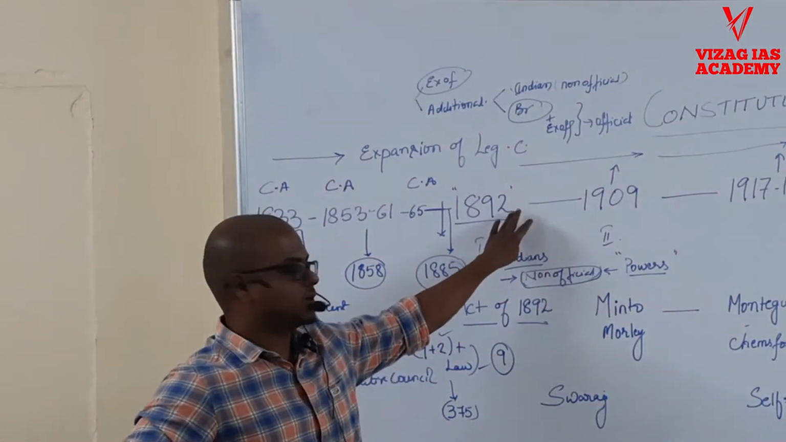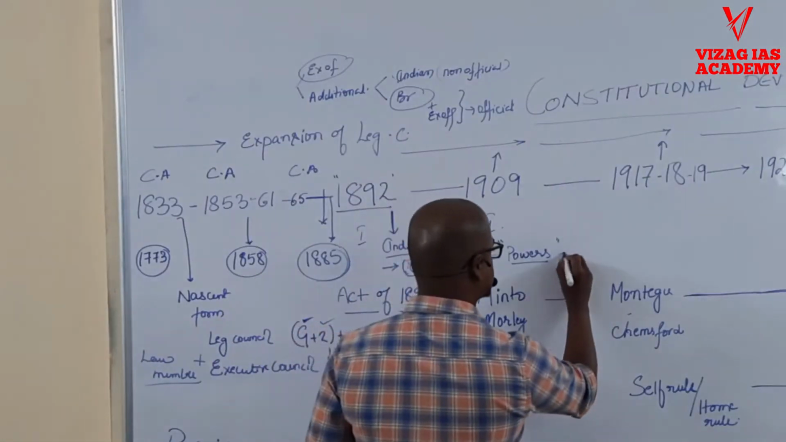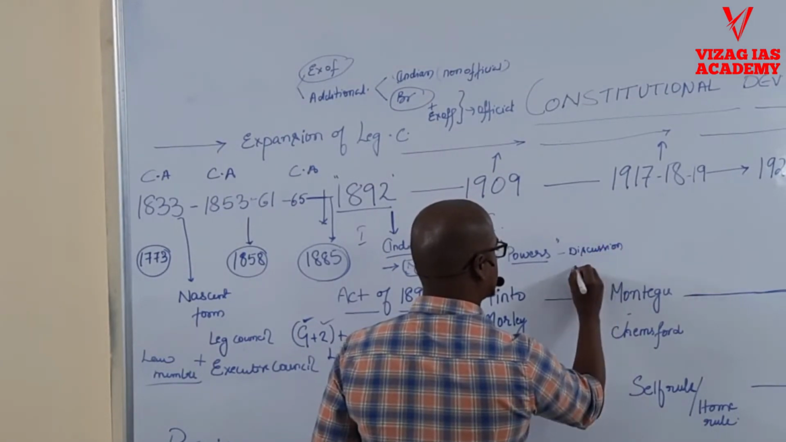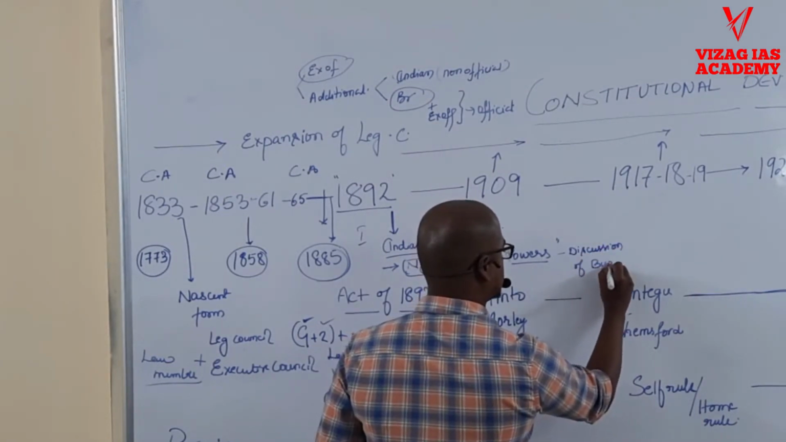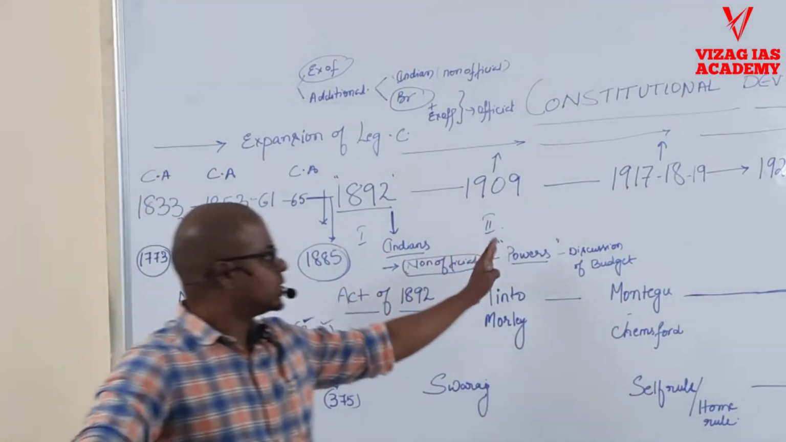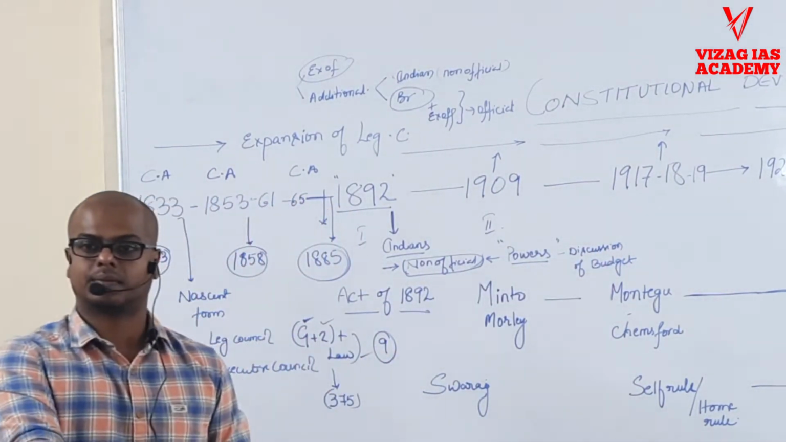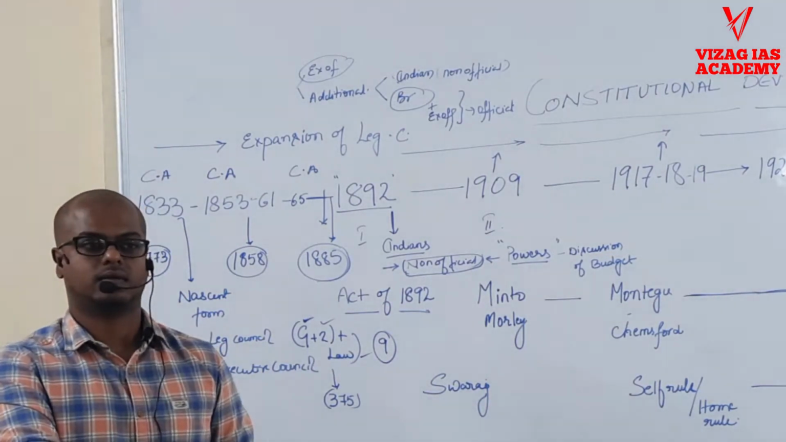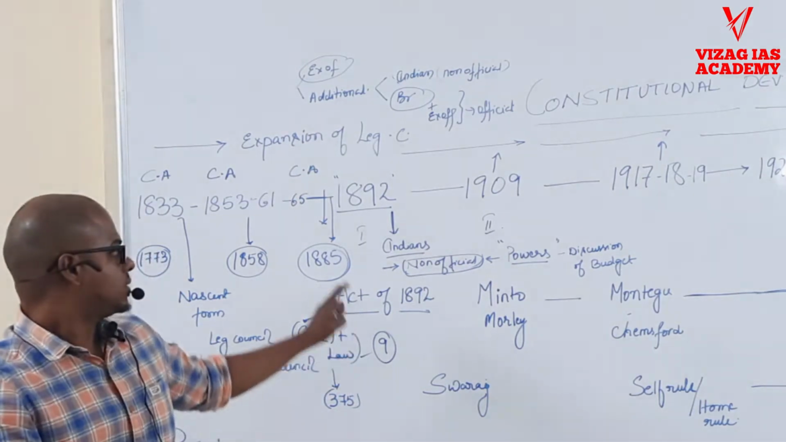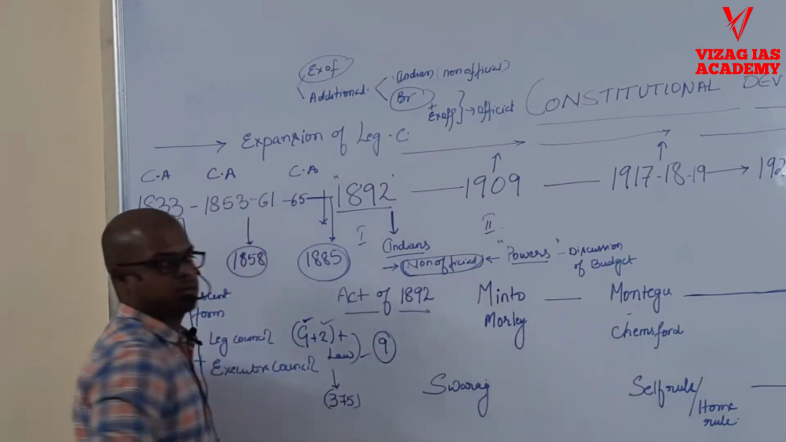So initially when you come to this point in 1892, it will be only discussion of the budget. Fine. So when we look at the successive acts, there will be a gradual adding up of powers, like passing of resolutions in public interest, asking supplementary questions. So certain kinds of powers will be increased. So this Indian nationalistic response will be chiefly in this regard,